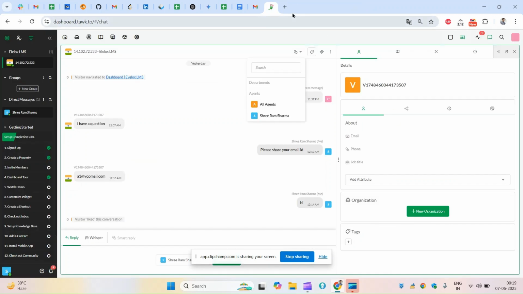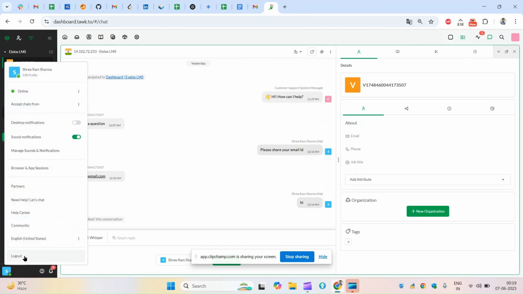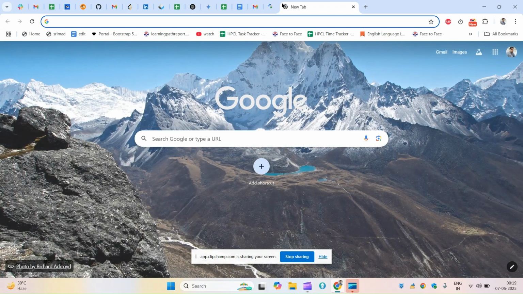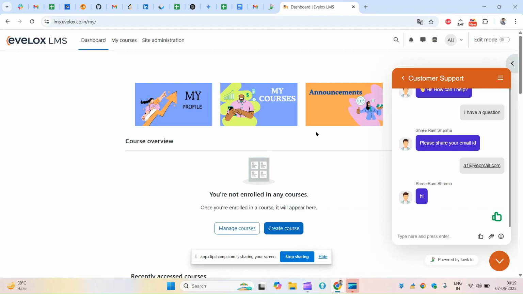Let me close this one and here let me log out again. So I'm doing the logout from here. If I log in again and come back to the element where I have indicated, this is usually your condition. Now coming to how